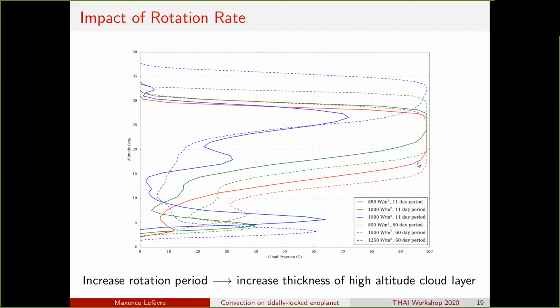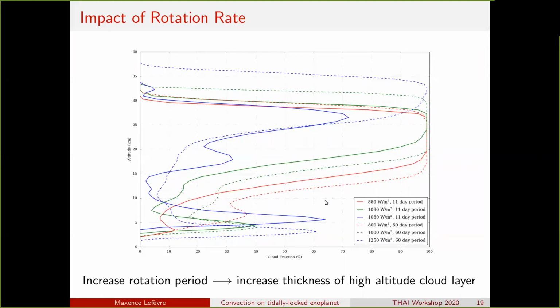What you can see is that for the 60-day rotation period, the high cloud coverage is thicker, and this is due to the fact that between the two rotation periods the general circulation changes, and the large-scale dynamics for the 60-day rotation period case will force the high cloud coverage to be thicker with a stronger deep convection.